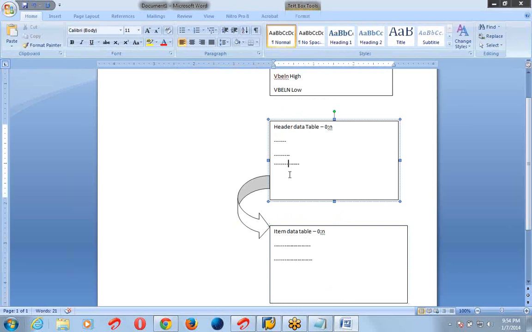This node will be under this node. It will be a nested node.